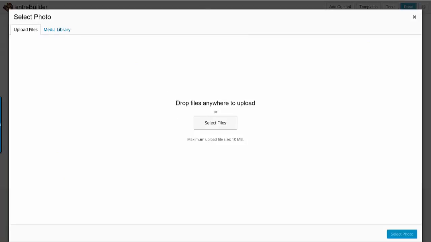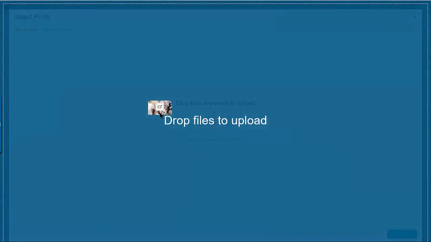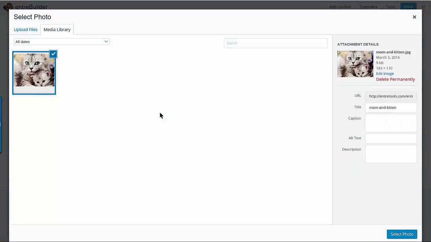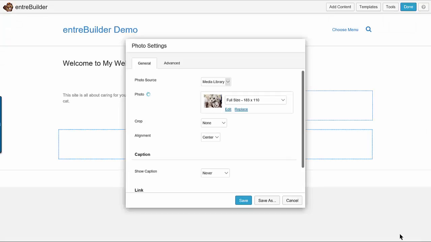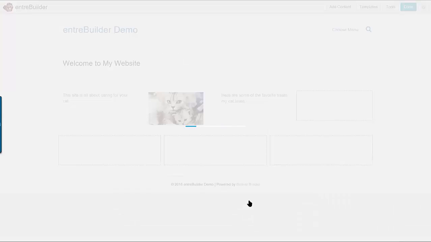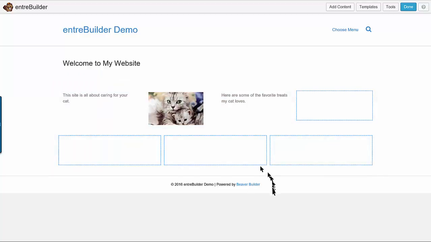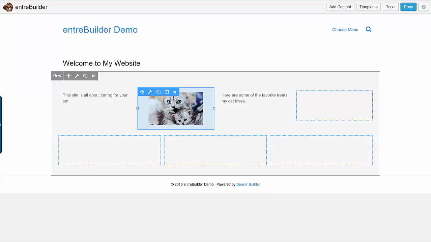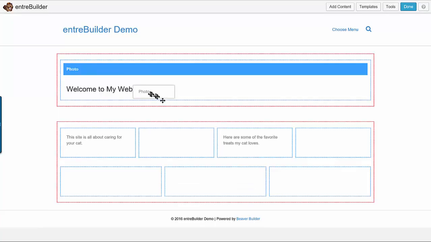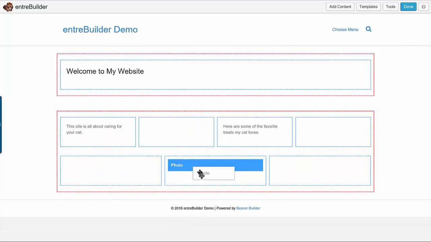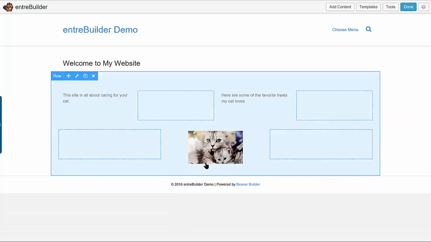So I have an image here. I'm just going to drag it and drop it into my loader. And there's my image. I'll just say select that photo and save. And you'll notice that image is now in my builder. Now if I want to make that image a little bit larger, there's some things that I could do. If I took this image and just dragged it into here,